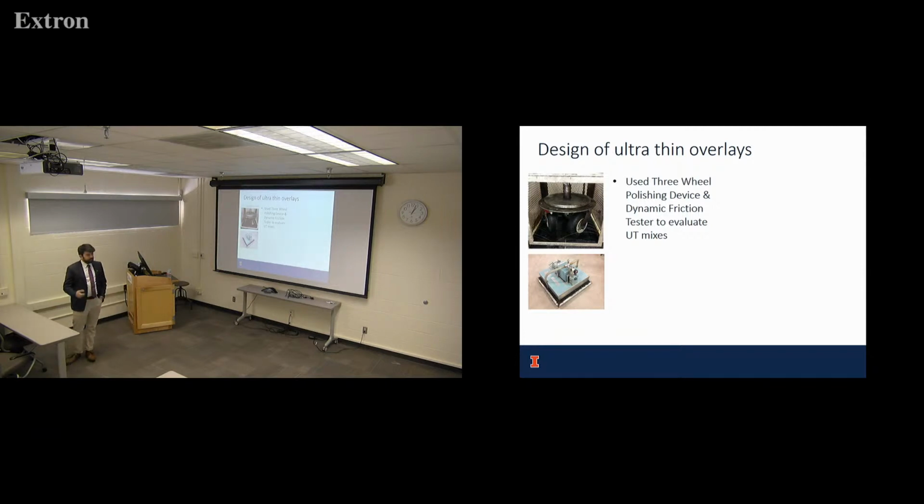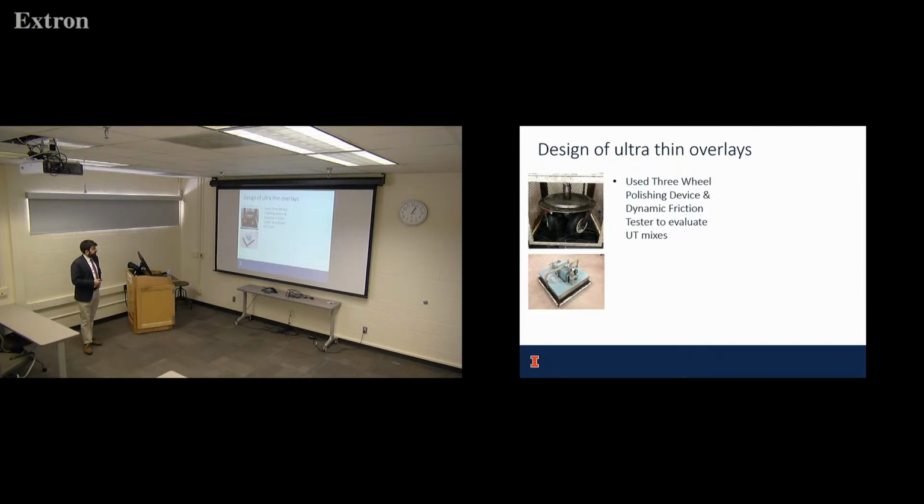We wanted to come up with an alternative for that for a lot of reasons, but mostly financial. There's a piece of equipment that is used to apply ultra-thin mixes, and its patent expired, so TxDOT was saying, well, now we can implement this and maybe use these mixtures a little more. So we did a lab study where we tried 6 different gradations of ultra-thin mix with polymer modified asphalt, and